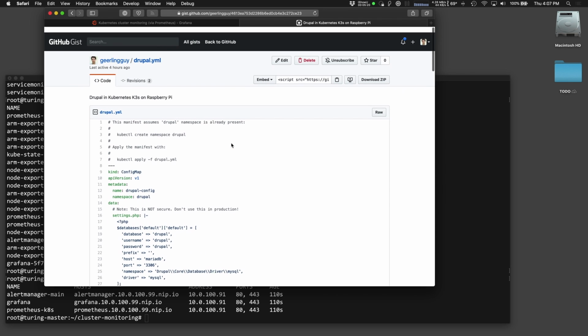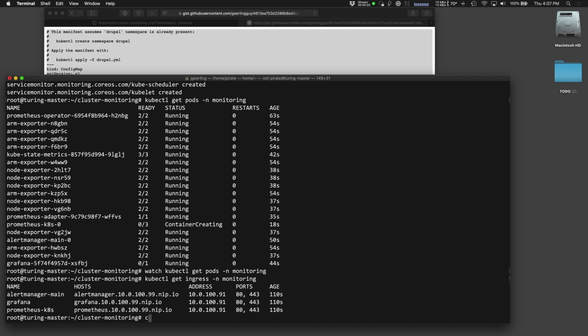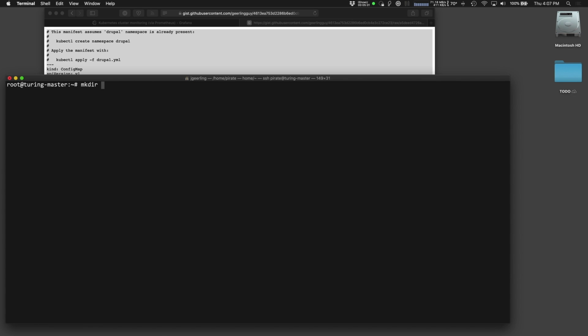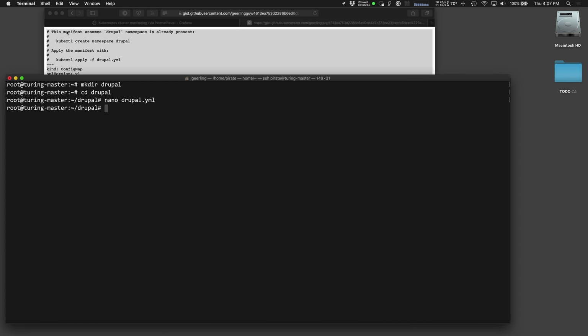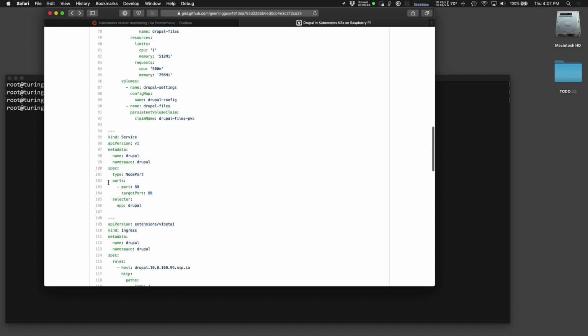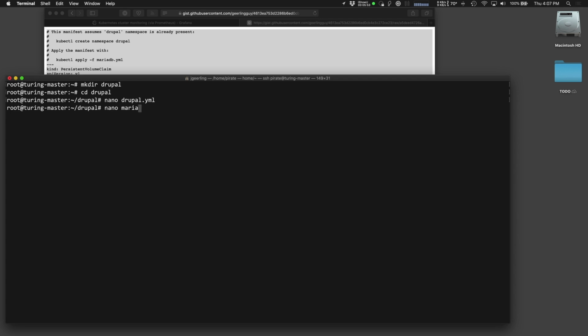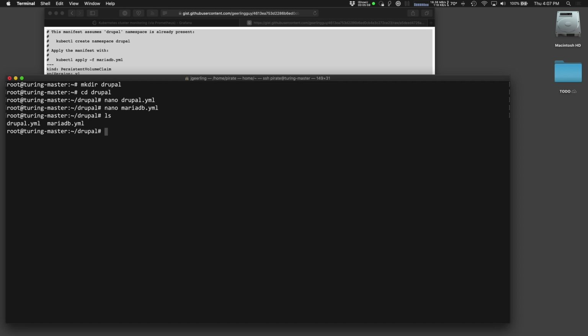So what I'm going to do is take these two manifests. I'm going to take the Drupal one and copy it. I'm going to cd back into my home directory, clear this, and I'm going to make a directory for Drupal, cd into that directory that I created, and I'm going to create a file called drupal.yaml with nano. Paste that manifest, save it with Control-O, Control-X, and then I'm also going to make a MariaDB manifest. So copy that, nano MariaDB.yaml, paste it, save it,